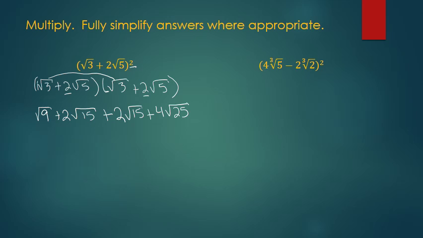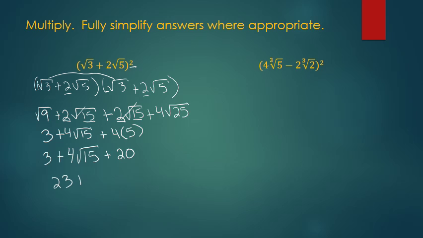Okay, so is there anything I can simplify and combine? So the square root of 9 is 3, plus we have 2 plus 2, and these roots are the same, so I can go ahead and combine them. So plus 4 root 15, that takes care of my middle terms, plus 4 times, well, the square root of 25 is 5, so that can simplify down. My next step is to recopy the 3 plus 4 root 15 plus 20, 4 times 5. And now 3 plus 20 is 23 plus 4